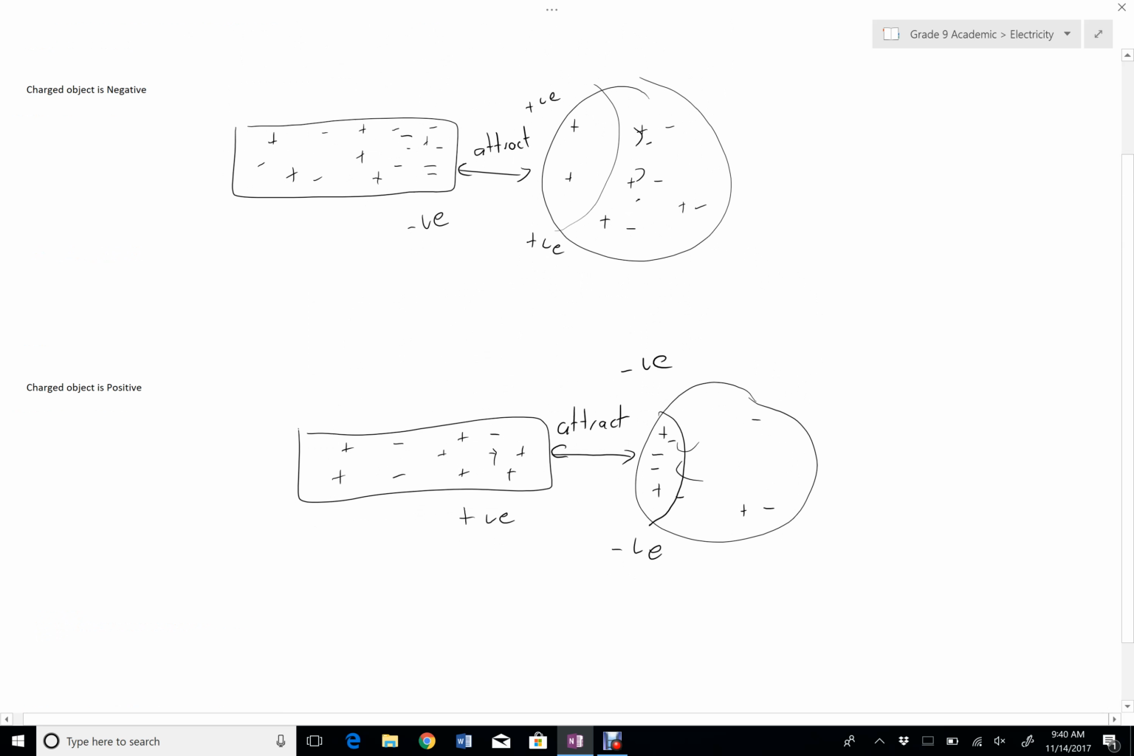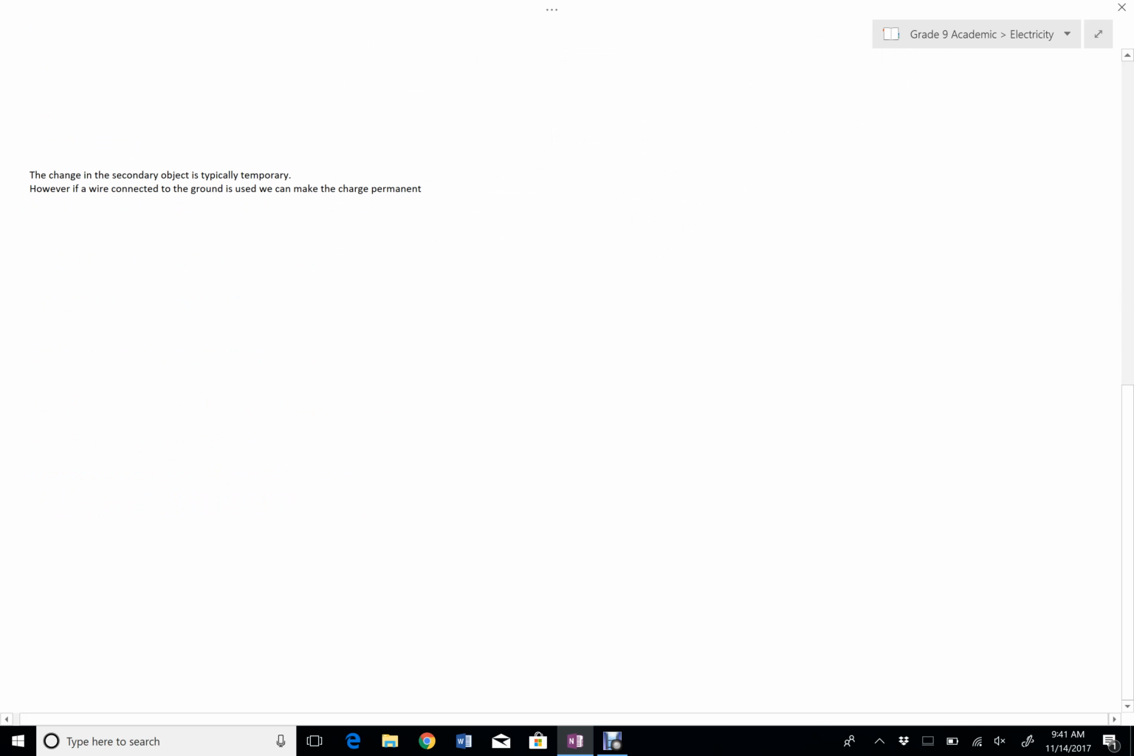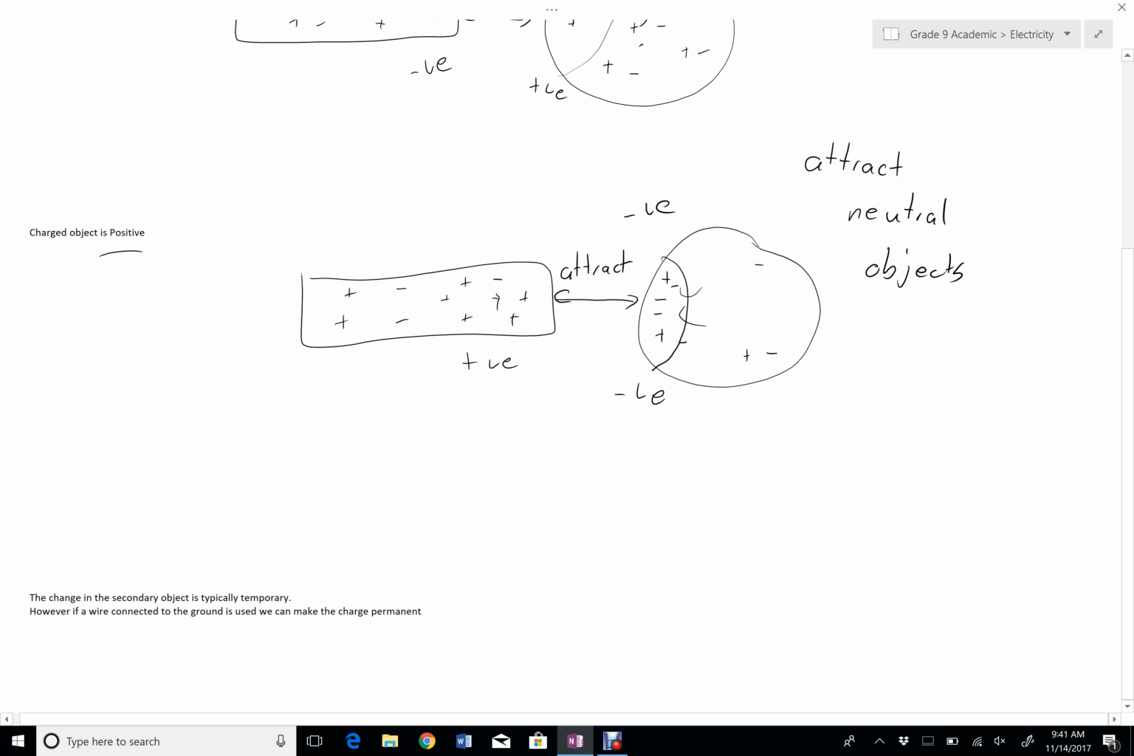And so we can see both negative objects and positive objects attract neutral objects. They do that by either repelling the local charges away, creating a local positive region, or by attracting negatives in to make a local negative region. The change in the secondary object usually only happens when that other object is around, and if that other object is removed, those charges will go back to where they were in the first place. However,